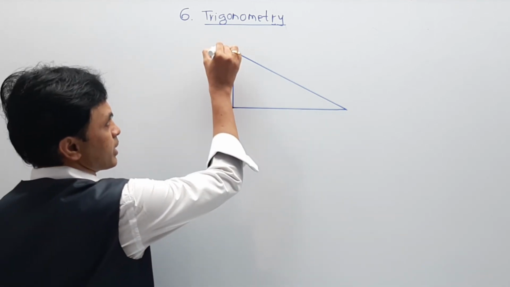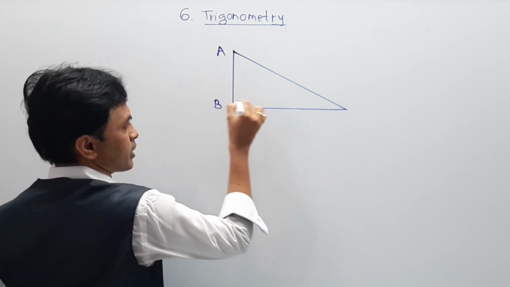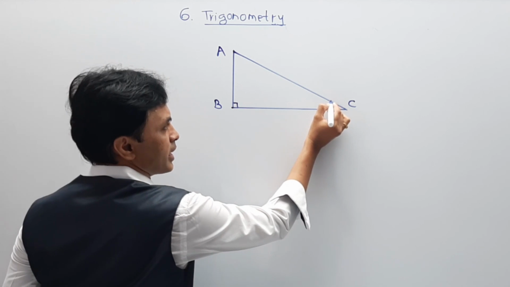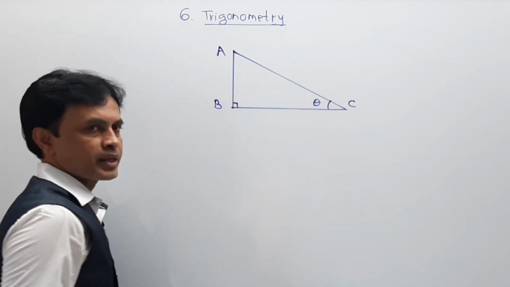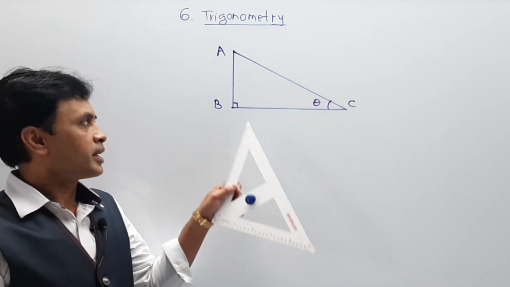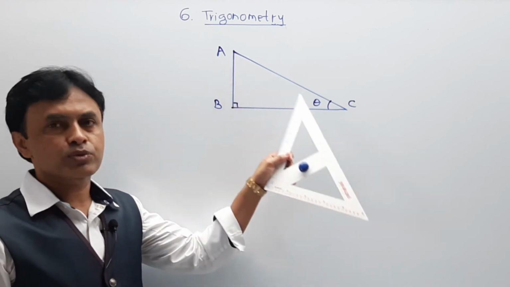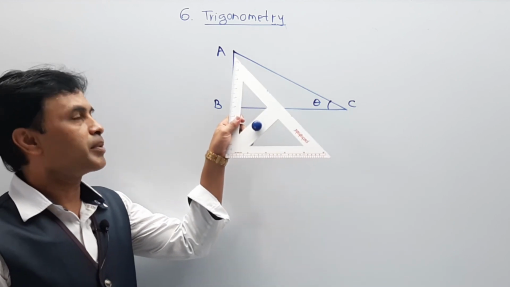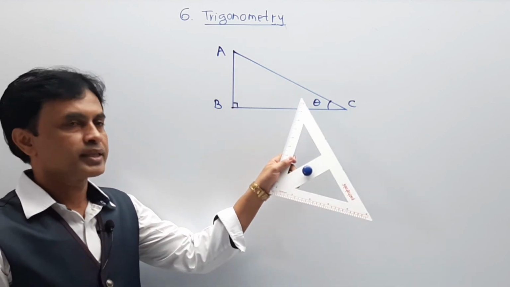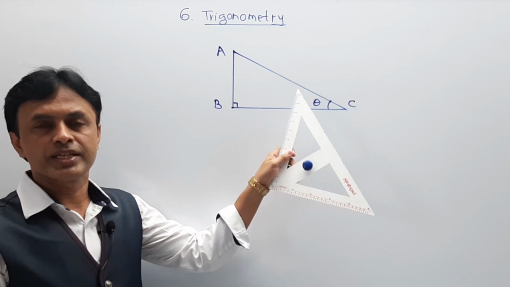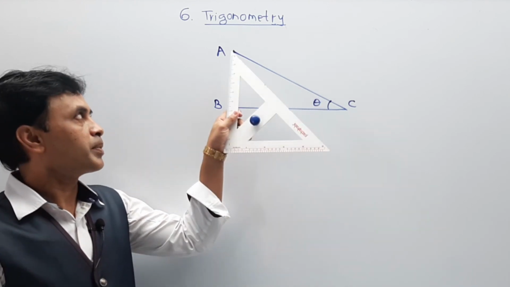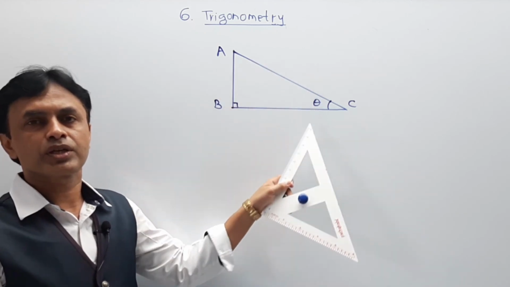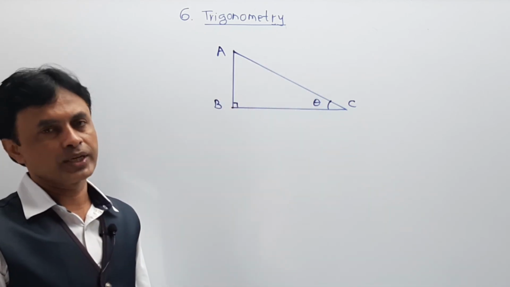Let us say I am going to take a triangle ABC here, and from the diagram point of view angle B is 90 degrees and let us say angle C is theta. Now remember this angle is 90 degrees. About these two angles there is no particular condition, they may have different values, this angle may be 10, 20, 30, 40, depending. This angle may also be 50, 60, 70, 80 and so on. But the addition of these two is 90 and B is 90, so the summation of all three angles is 180 degrees.